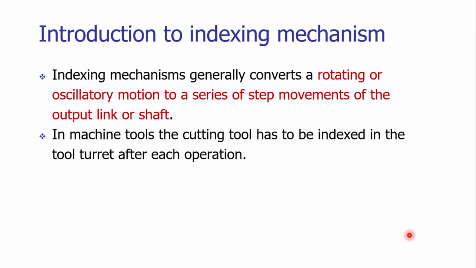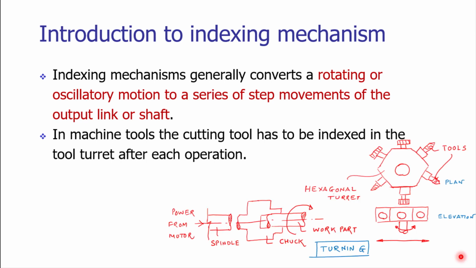In our previous classes, we have seen the concept of the lathe machine or the CNC turning machine. In a lathe machine or CNC turning machine, we need to utilize a number of tools to carry out the operations. But to select a proper tool and to get the proper tool, we need to have a certain mechanism. That mechanism must be productive, it must be fast, it must be very accurate. So for that purpose, we need the indexing mechanism. To understand the concept of tool turret, let us look at the diagram which is there on your screen.